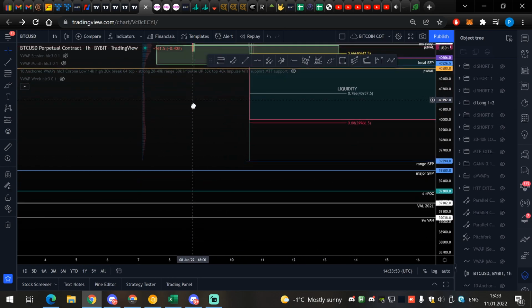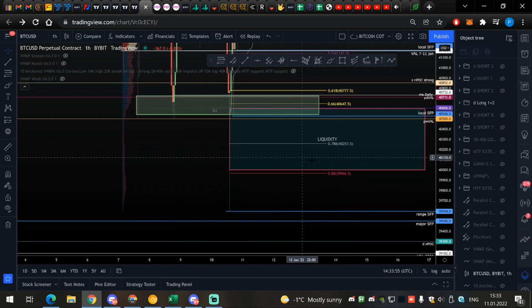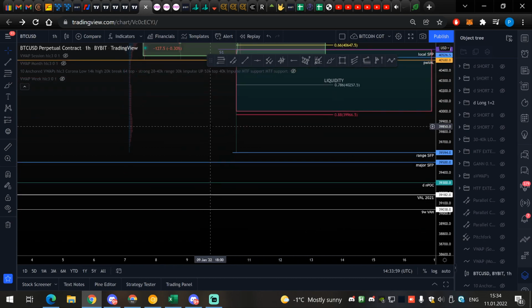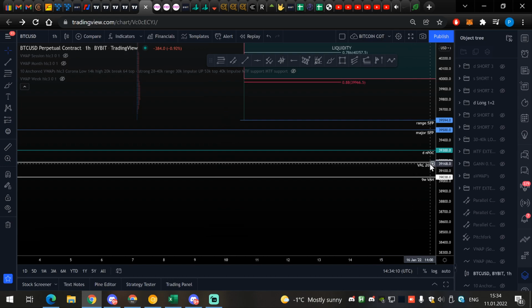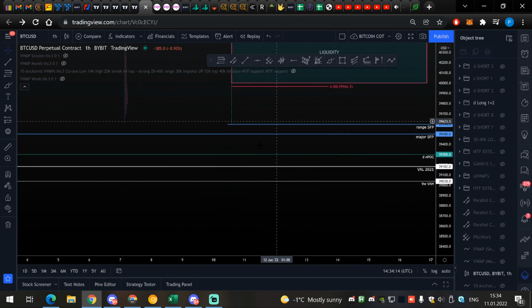And of course, we have more levels down. If we lose this, if we do not bounce from this region, we take out liquidity and then continue downside. We have potential for a nice swing failure pattern of this range, of the major swing failure pattern from the summer. Then we have daily naked point of control below. We have value area low of 2021 and 9-week VWAP from summer range. So very good region. And of course, if you do not bounce, you need to turn on